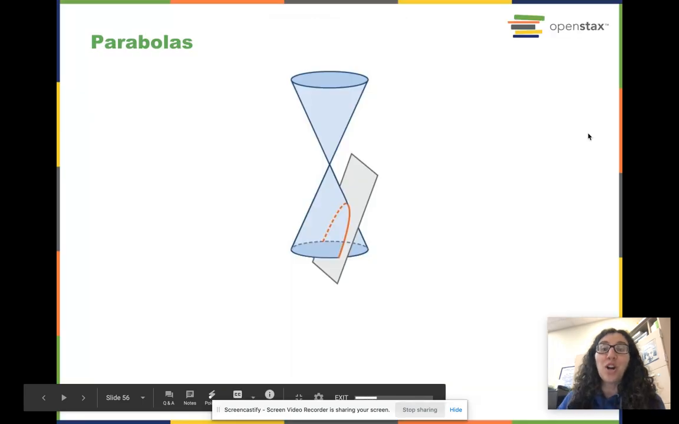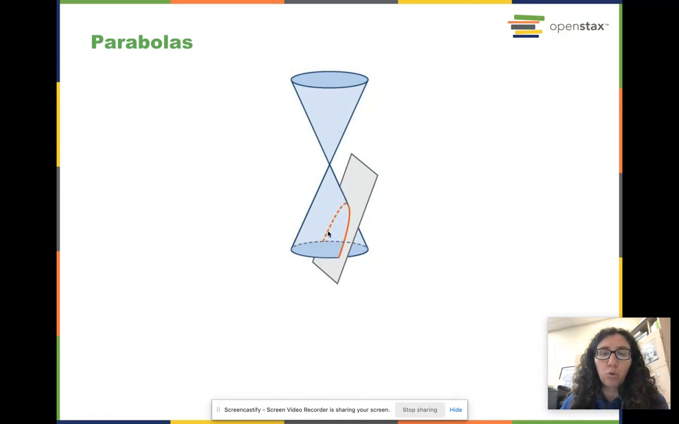All right, we are going to talk about parabolas. So parabolas are conic sections. If we intersect two cones like this with a plane at the right angle, so that it doesn't intersect this top cone, but just the bottom cone, what we get is actually a parabola, which is interesting because we have